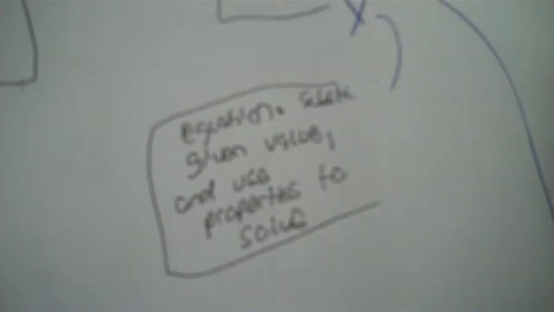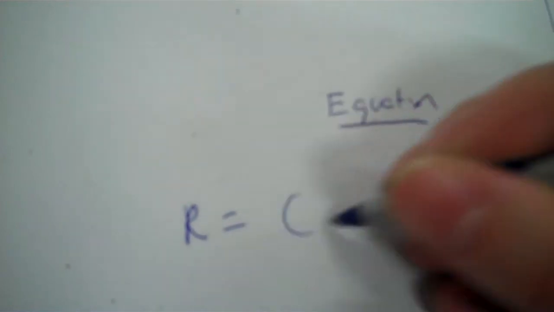Okay, units, parabola, you got to mark the starting point, write the equation, and substitute is what that says. Given value and use properties to solve. Okay, we're finding the maximum. So opposite of B divided by 2 times A. I already wrote it. Equation, this is revenue. Revenue equals, okay,